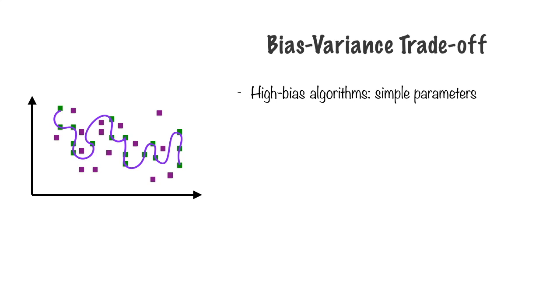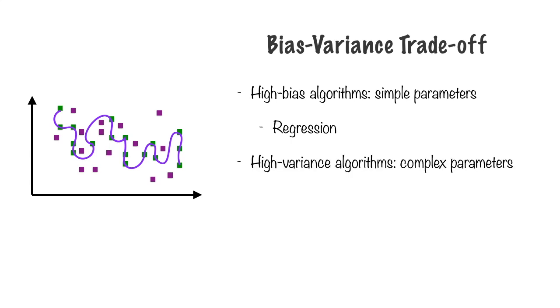So, you should understand the characteristics of the various algorithms. Regression is a high bias algorithm. There are simple parameters. The underlying model is not very sensitive to the training data, it's less sensitive. On the other hand, machine learning models with very complex parameters and complex setups tend to be high variance. Decision trees are high variance, and dense neural networks are high variance models,